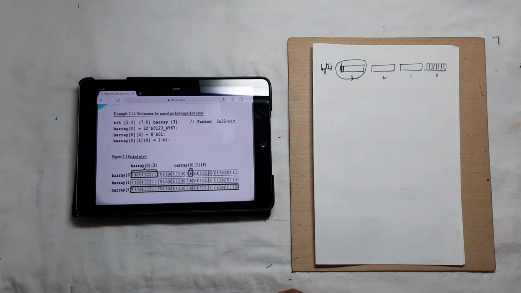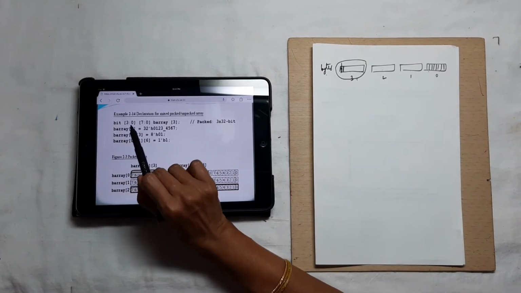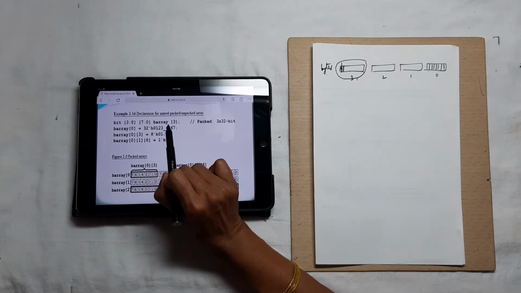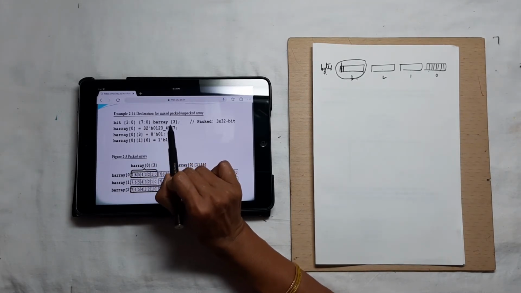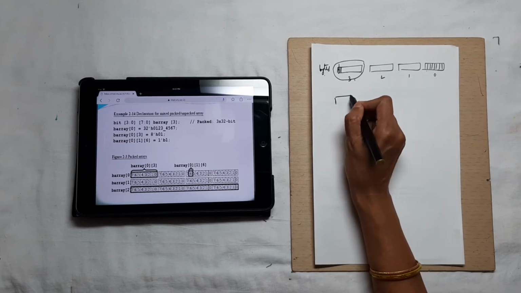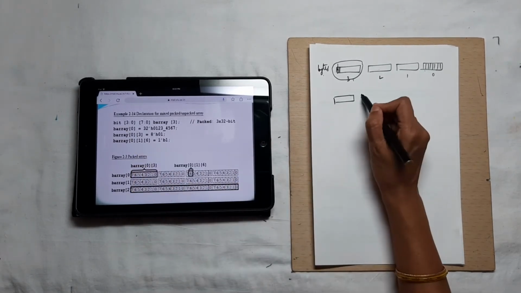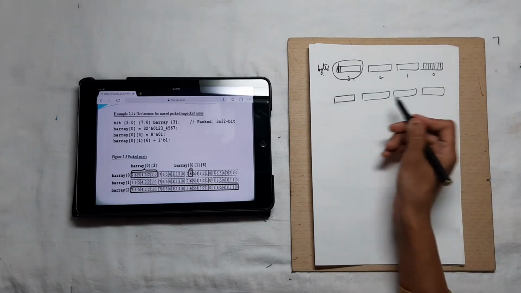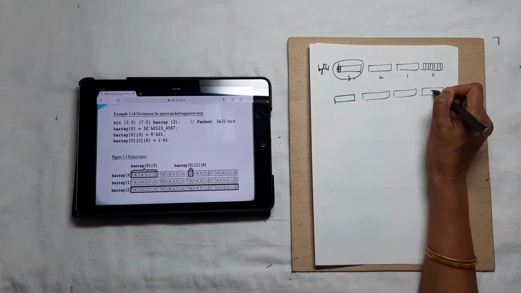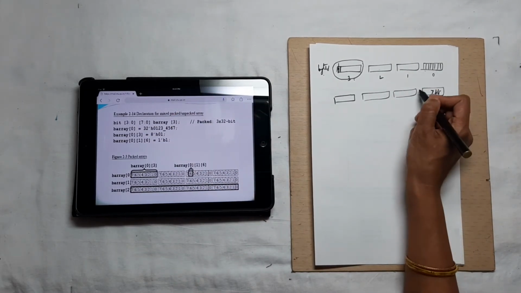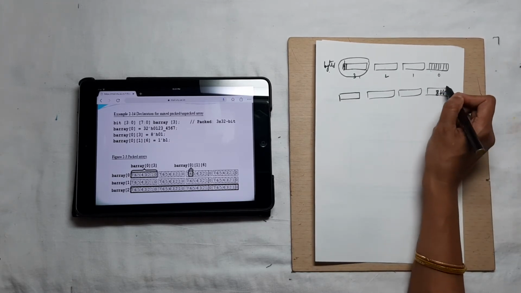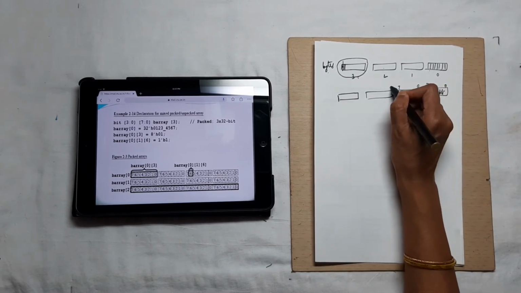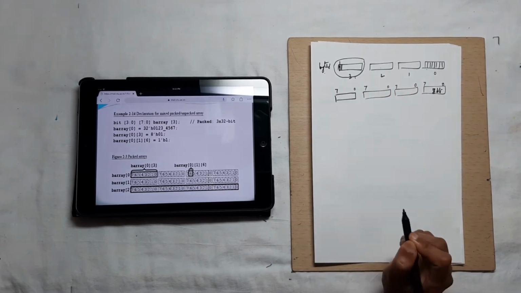Now the declaration for a mixed packed and unpacked array. See how the declaration is now. What is declared here? bit [3:0][7:0] barray [3]. It means that barray has 4 different memory elements, and each memory element has 8 bits, that is 0 to 7. So again 0 to 7, this is also 0 to 7, and this is also 0 to 7.